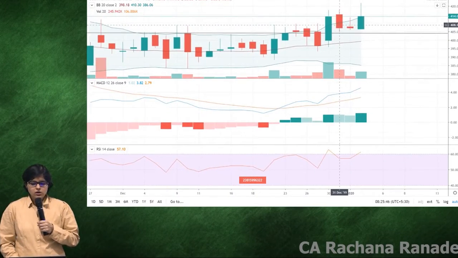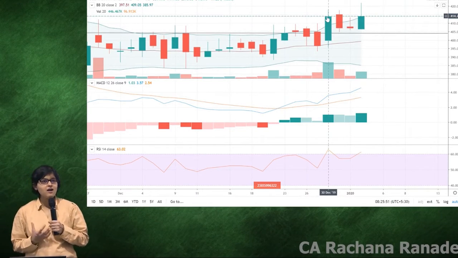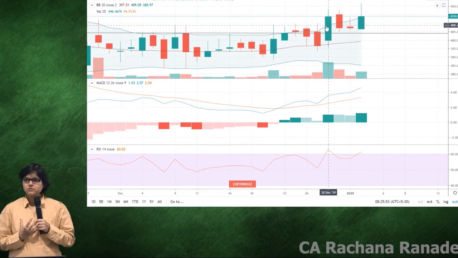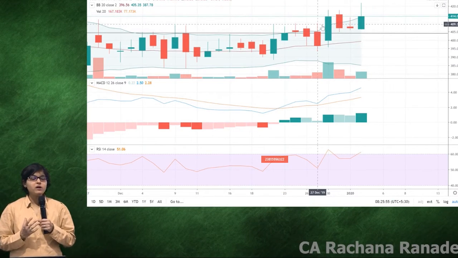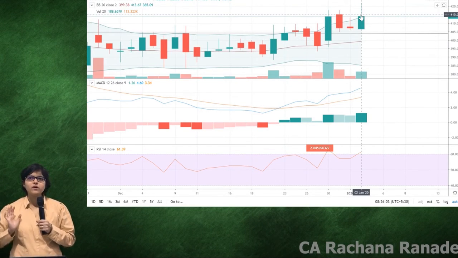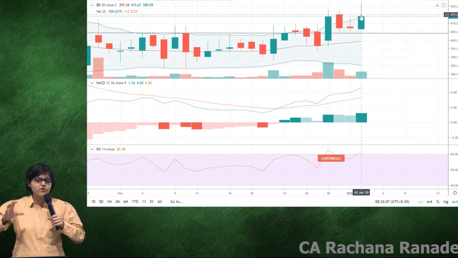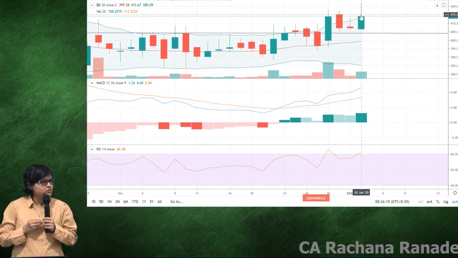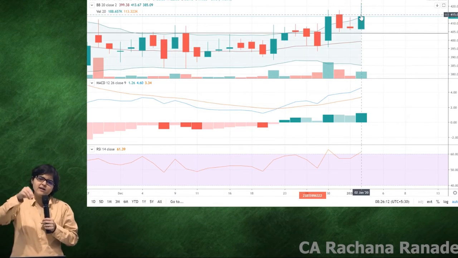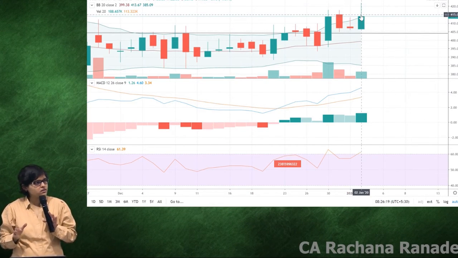Okay. So whenever you are confused about such stocks, you're not pretty sure, it's not a 100% buy signal as of now. 100%, ekdam convincingly nahi. But so many parameters are almost close to that. Again, what you can do? Start buying small quantities. If your target for this is, I'm going to accumulate 50 Sudarshan chemicals, let us say. Okay? Buy 10, 10, 10, 10, 10. At every level you can buy 10. Is this okay? That's how you can strategize.